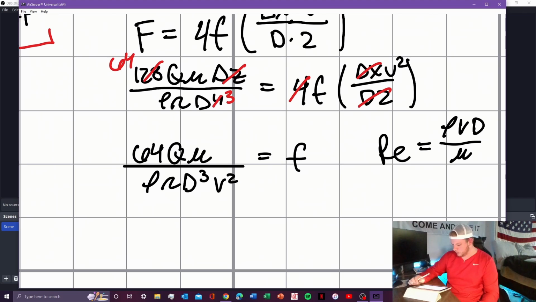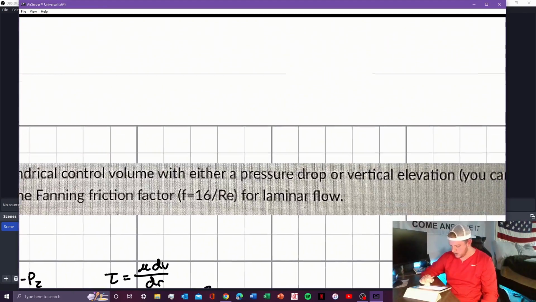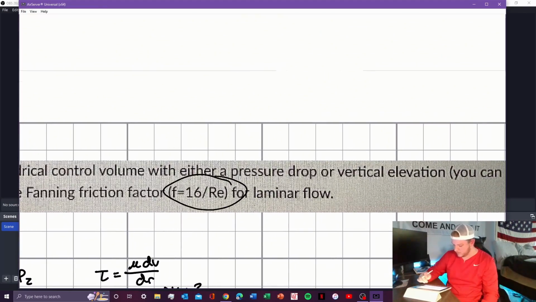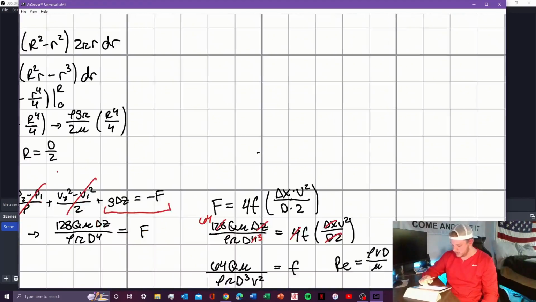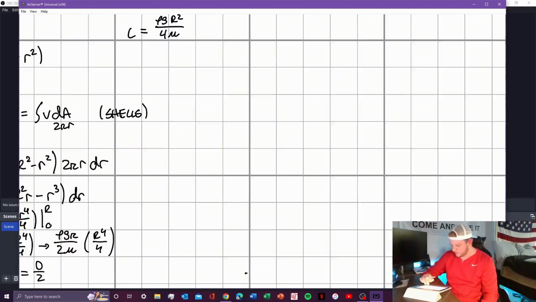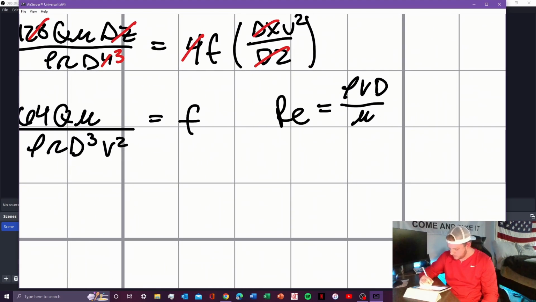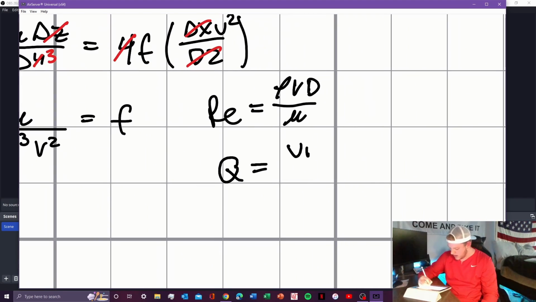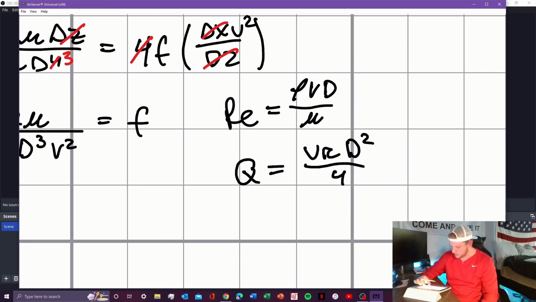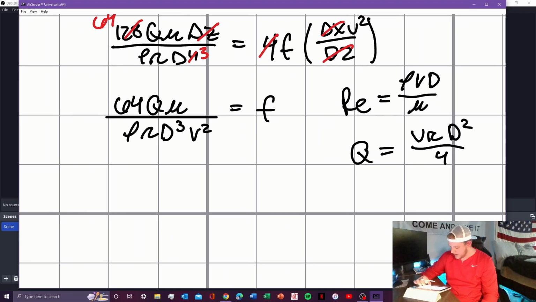And we know just from looking at this that we are nowhere near there relating, because we're trying to find that 16 over the Reynolds number is equal to the Fanning factor for laminar flow. But we also need to remember that Q is equal to V times pi d squared over 4. So if we plug that in,